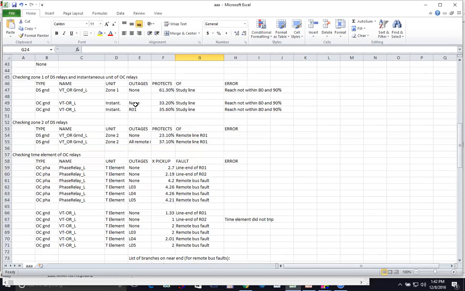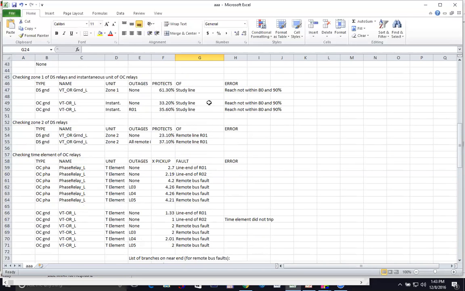First, it didn't take any outages, and it found that it protects 33% of the line. We actually saw that graphically a minute ago. And for the same relay, with the outage of one of the lines, the coverage didn't change much. It went to 35%. The error shows that these are not meeting my preferences.